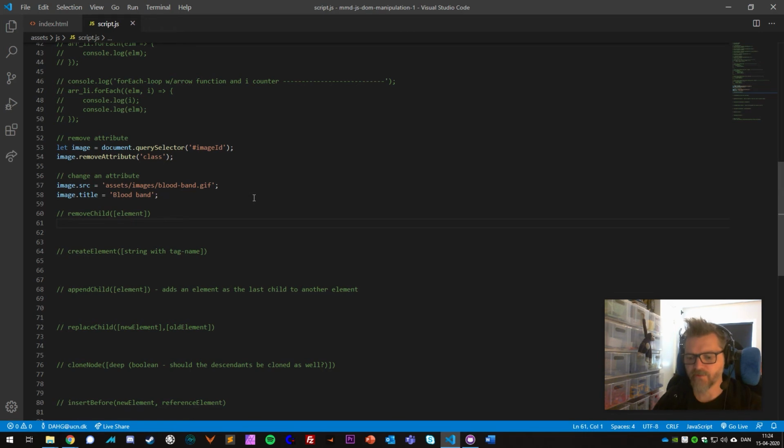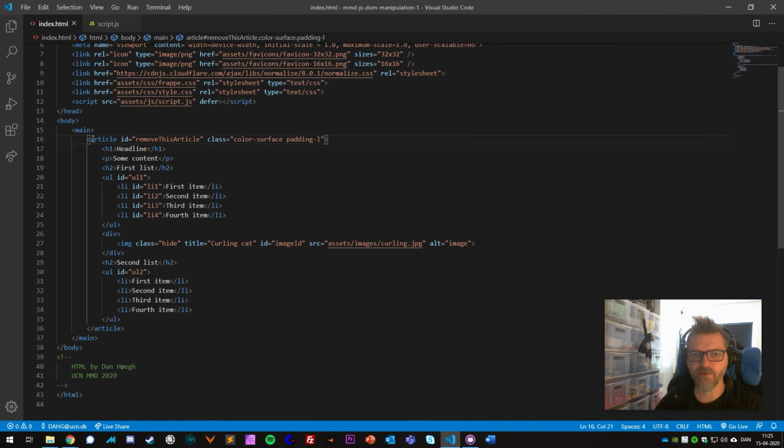So what if we want to remove an element from the HTML DOM? We can use removeChild. There's a method for that called removeChild. And to use that, we have to find the parent element first and then remove the child element we want to remove. So let's say we want to remove, if we go to HTML, we want to remove this article